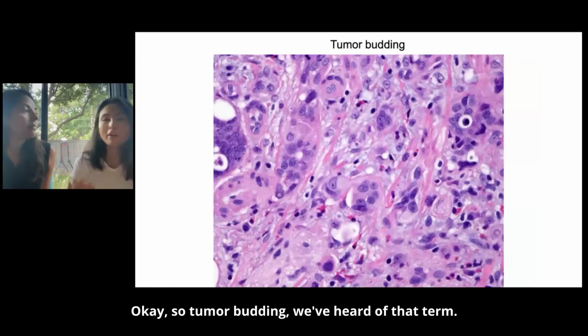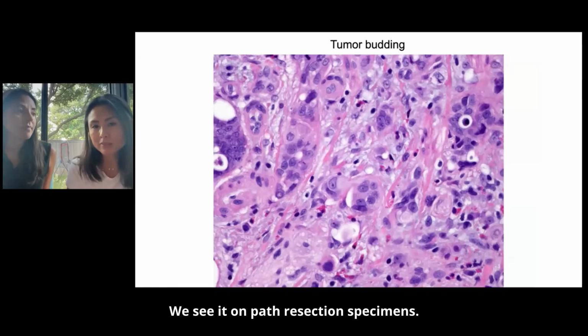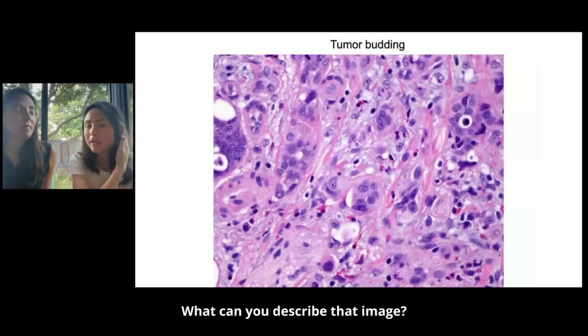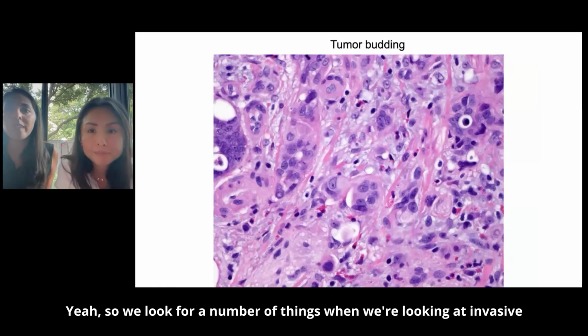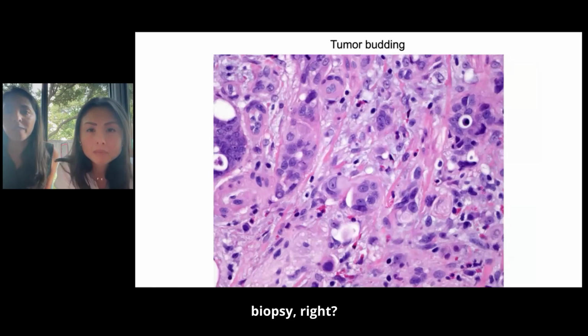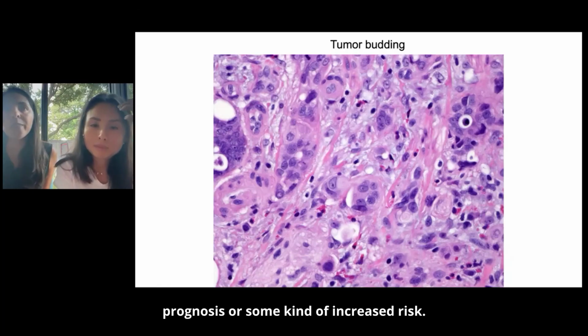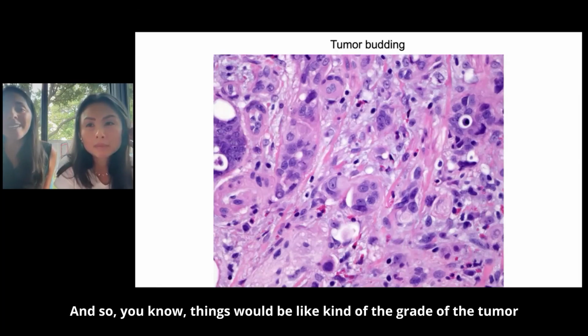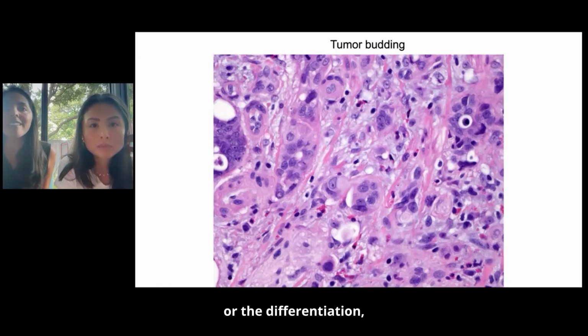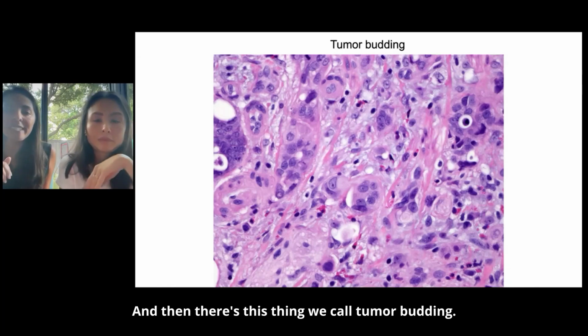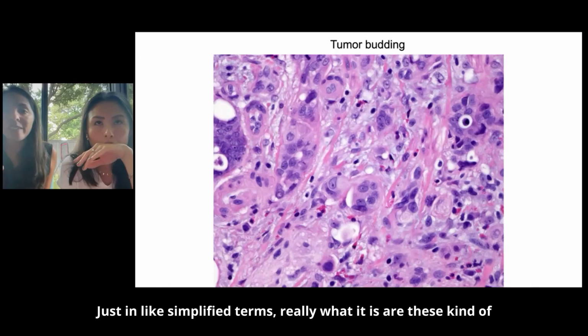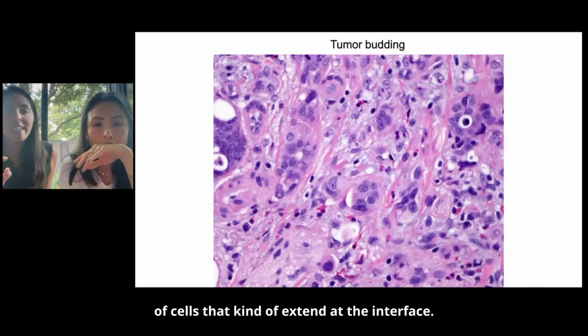Okay. So tumor budding, we've heard of that term. We see it on path resection specimens. What does it mean? Can you describe that image? Yeah, so we look for a number of things when we're looking at invasive adenocarcinoma on a biopsy, right? Because we are looking for the histologic features that kind of either portend a poor prognosis or some kind of increased risk. And so things would be like the grade of the tumor or the differentiation, lymphovascular invasion. And then there's this thing we call tumor budding. Just in simplified terms, really what it is are these little micronodules of cells that kind of